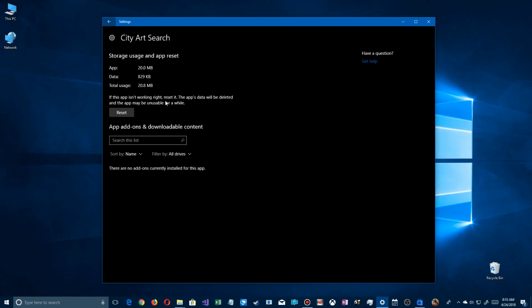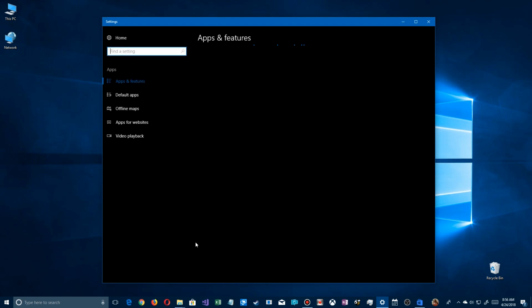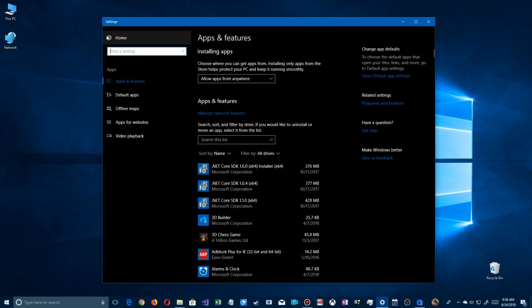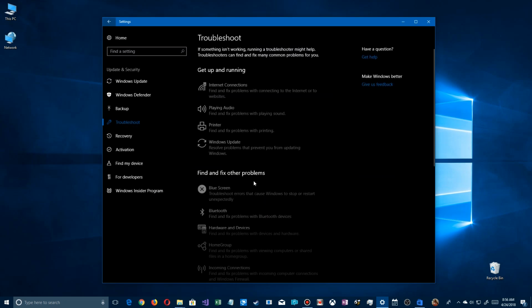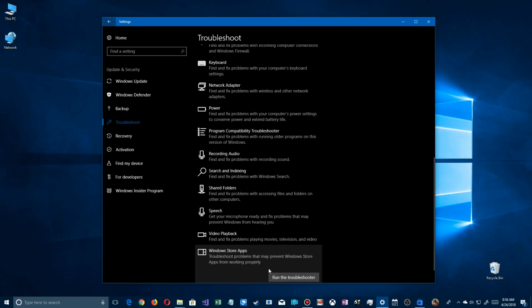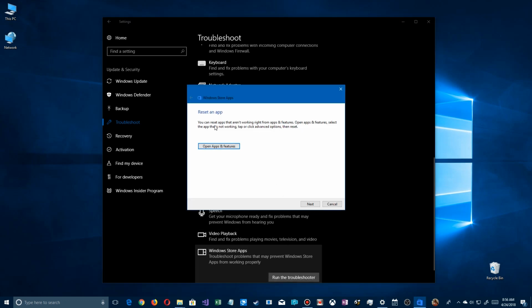And you see it says here that the app data will be unusable maybe, or the data will be deleted. But you click on that, and it warns you again, okay? You might have to go in and re-sign into the app. It's very important you're aware of that. You click on that, and boom, it resets the app, and you should be able to start the app up. So that way you can go through any one of them and fix the problem with all your apps. Now, once you've done that, if I click here next,